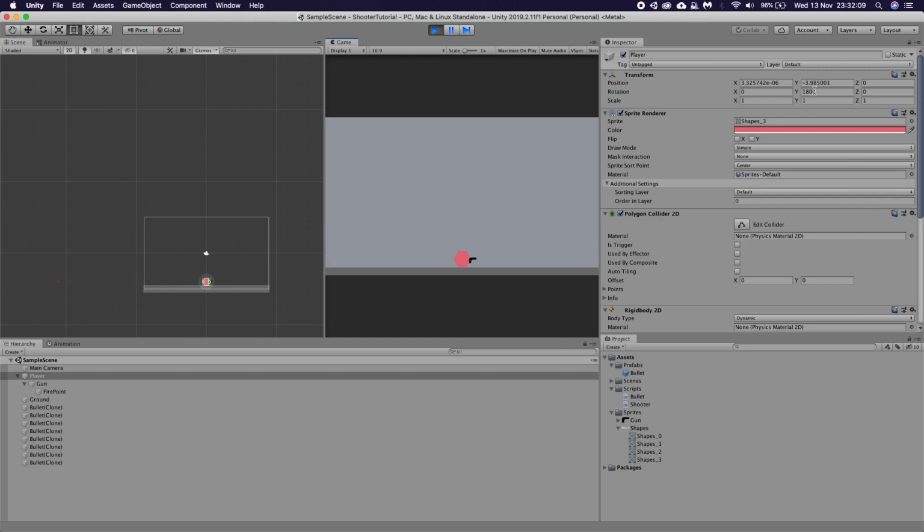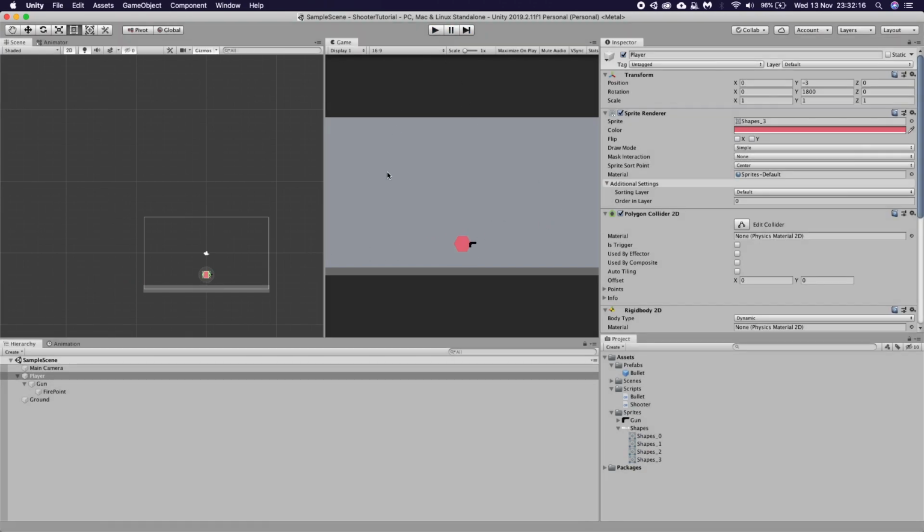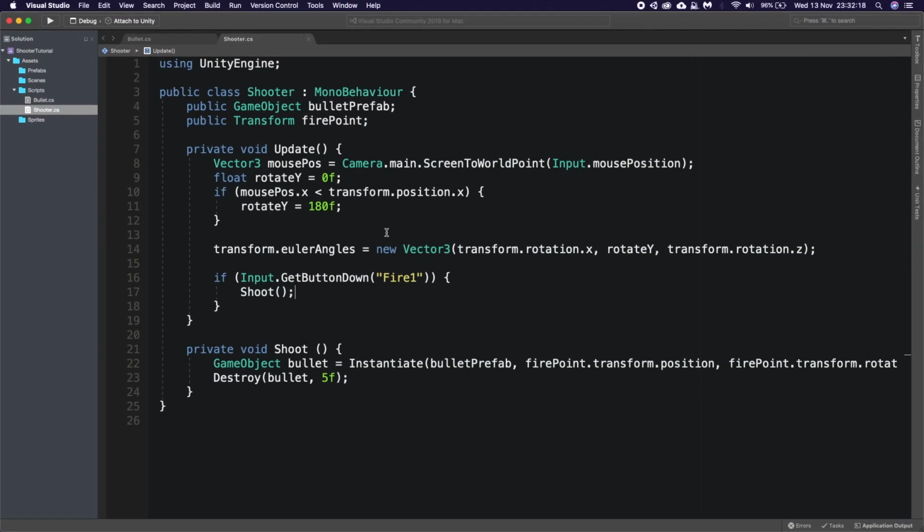I've also just noticed that this is at 180,000. I assume that's because it's doing something wrong. Camera.main.ScreenToWorldPoint, Input.mousePosition, that's correct.